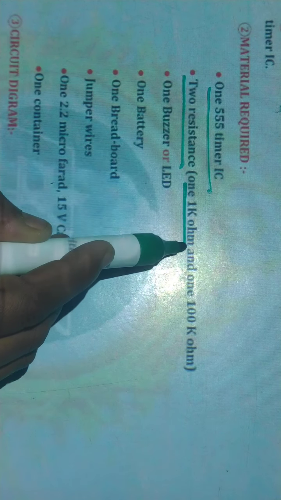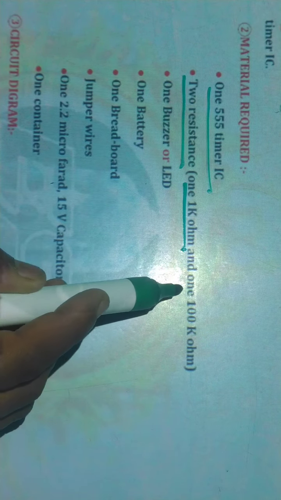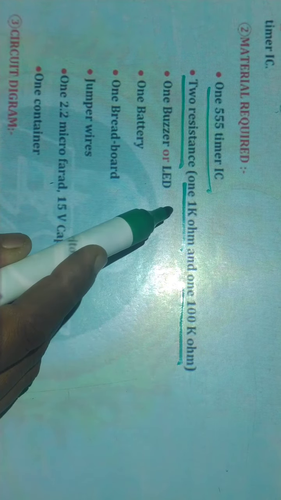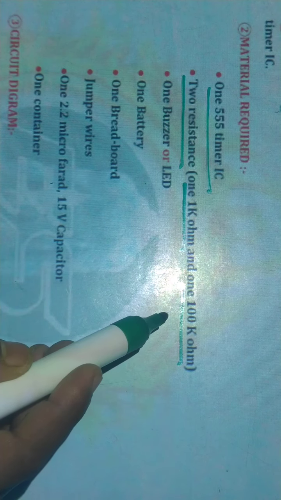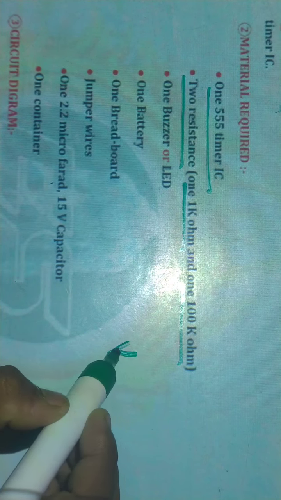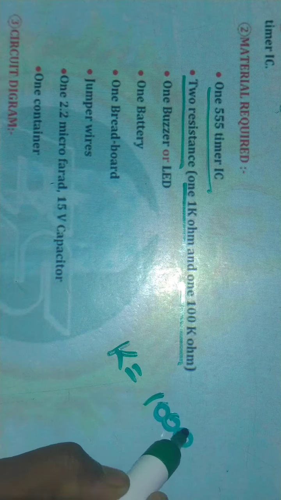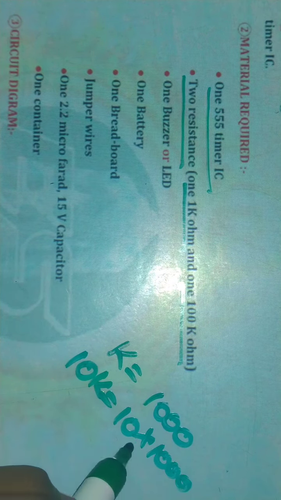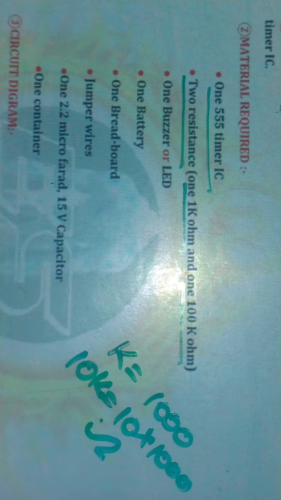That is one 555 timer IC, two resistances, one 10k ohm and one 100k ohm. Okay, we use two resistances. One is 1k ohm and second one is 100k ohm. The k represents 1000. It means 10k means 10 multiplied by 1000 ohm resistance. This is the symbol of ohms. Okay, two resistances,